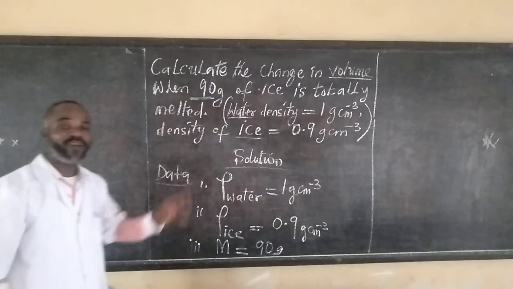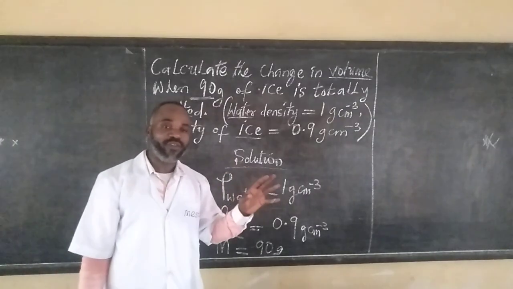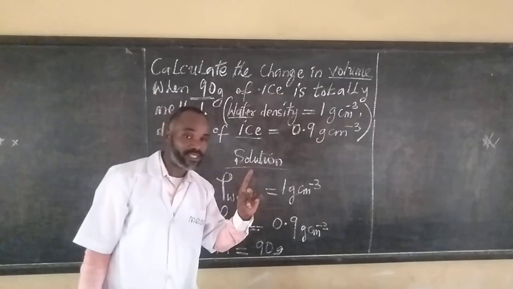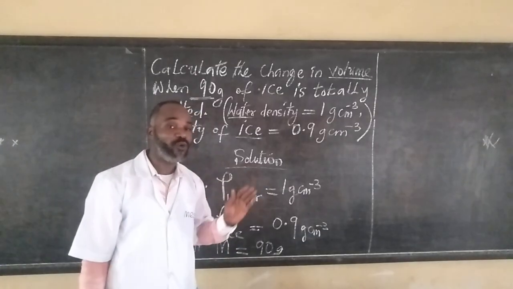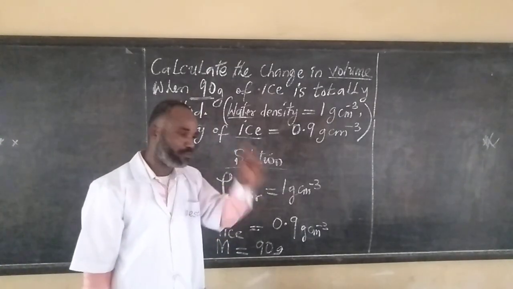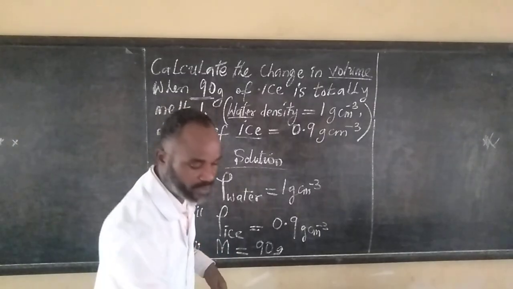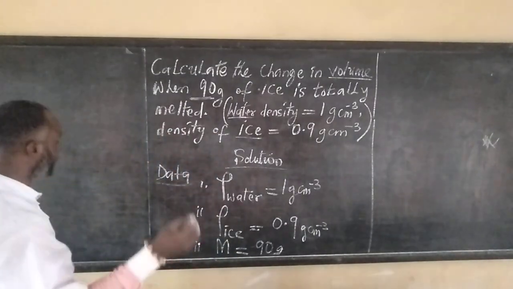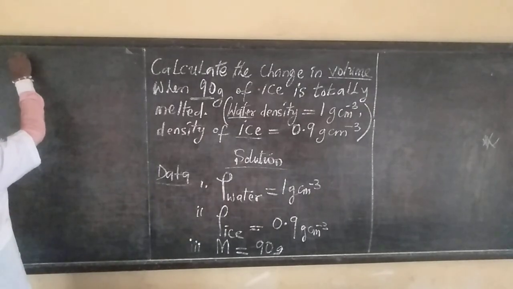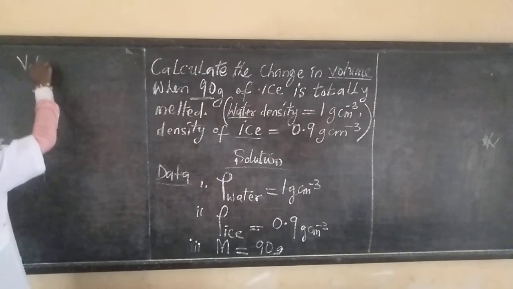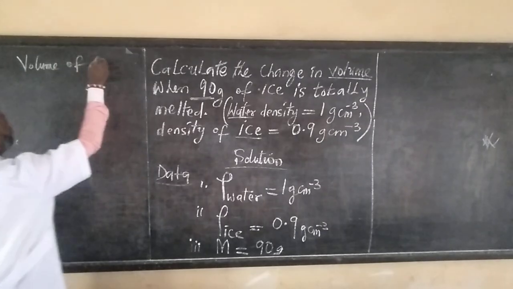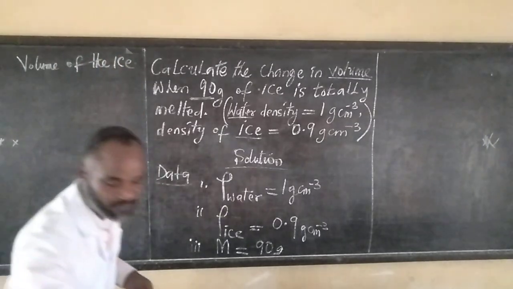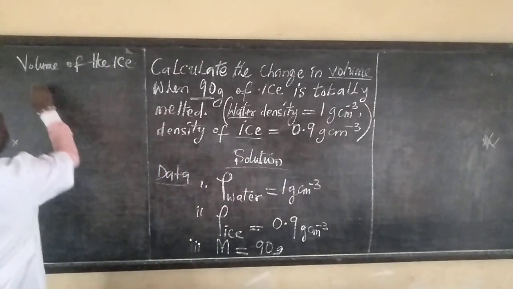With this, we can find the volume of the ice before it melted. That's the first one. We can also find the volume of water after the ice has melted. So let's take the volume of ice first. The volume of the ice is given as V ice